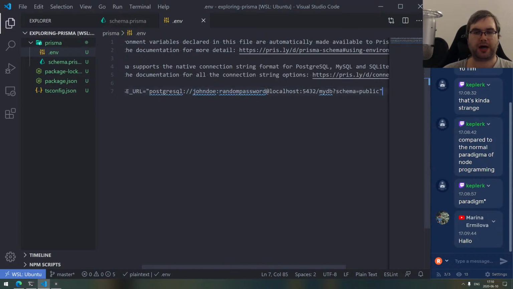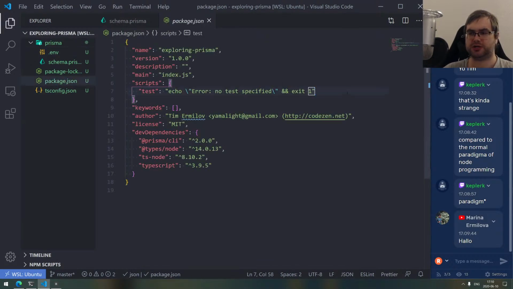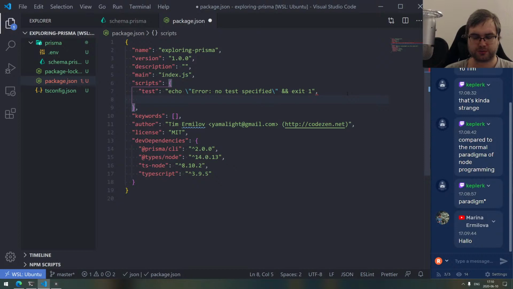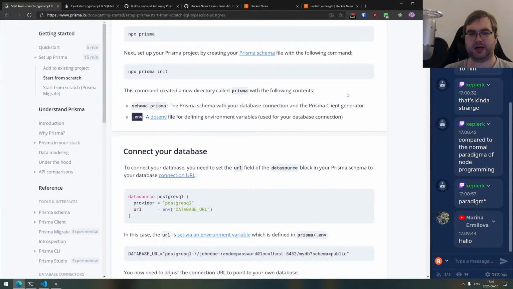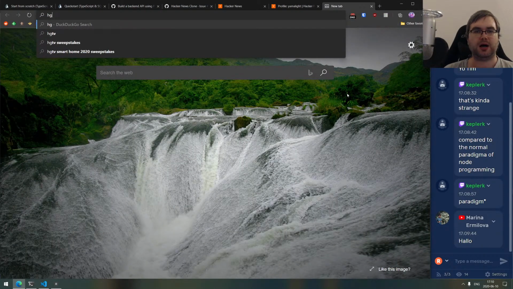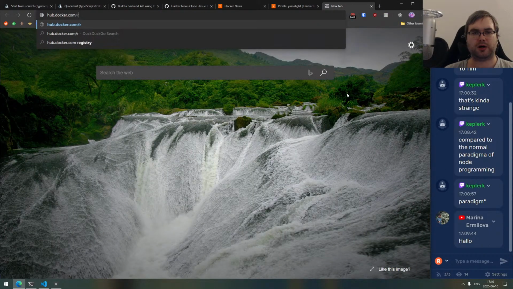So, okay, I guess I'm just gonna create a new script, which is gonna say not Mongo, Postgres start, right? And then we're gonna go docker start, docker run -p, hell if I remember any of that. Hub docker com r, no, not r,